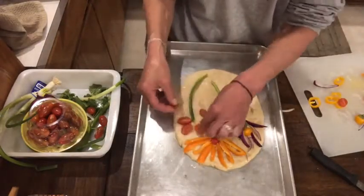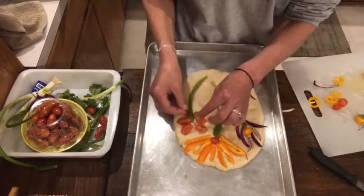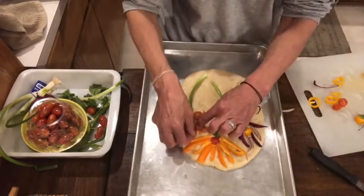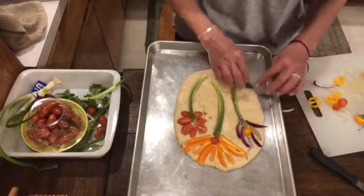So you guys get the idea, creating flowers. Imagine how good this would be if you were actually doing it in the summertime with your fresh veggies. So I don't know if you guys can see this, but I did a couple that were cut, sliced, and then the ends, and I think I like these end ones better. Okay, and then if you want, this is where you can put